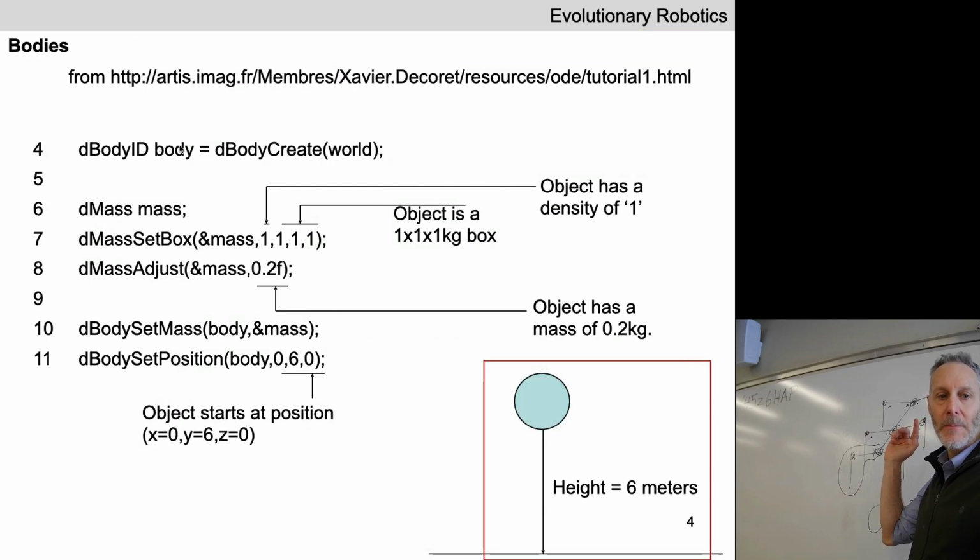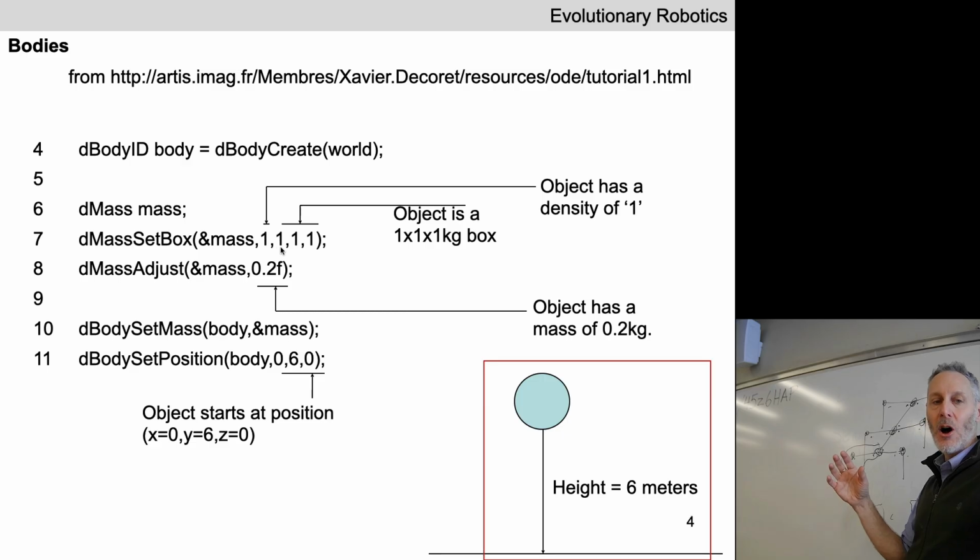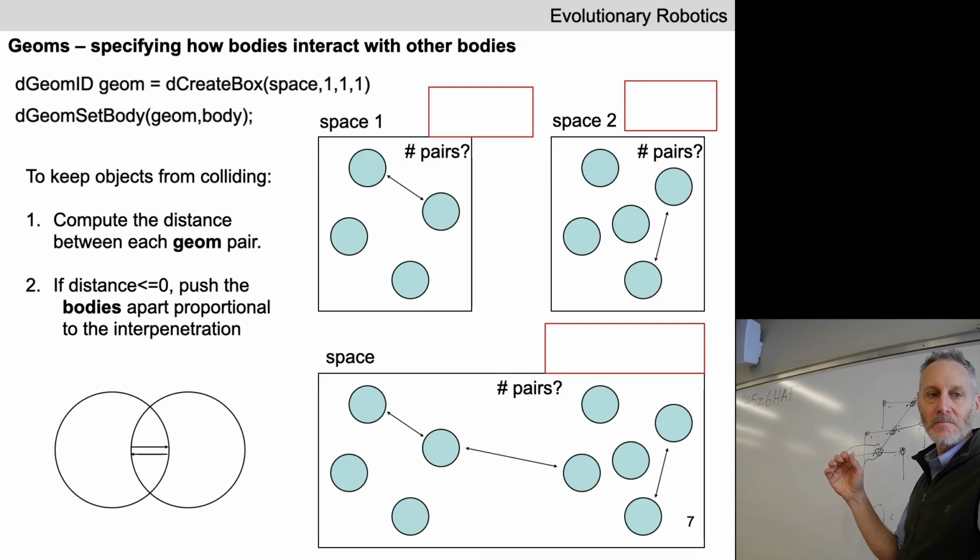So let's go back to our earlier code where we were creating a single object, and we called it a box. We were distributing some mass uniformly along a length, along a width, and along a height, but we had not specified what that length, width, or height is yet. We can do that. We do that here in